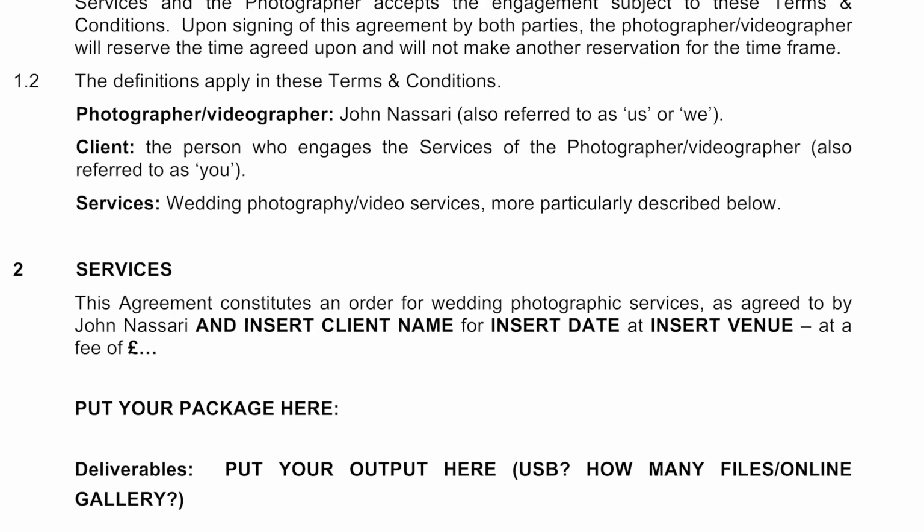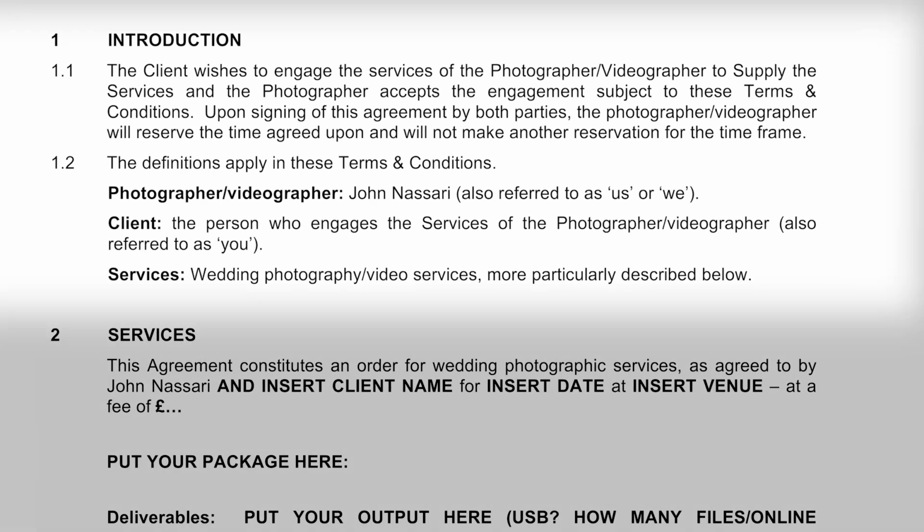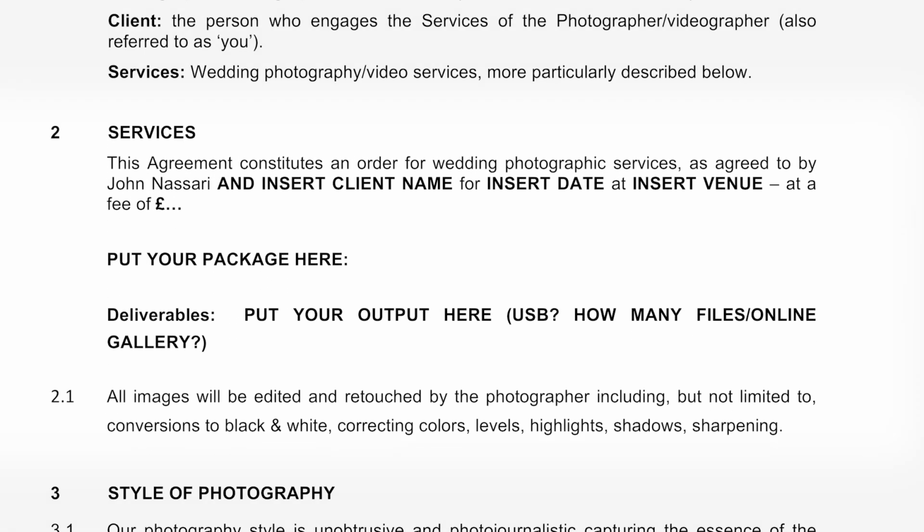So I think you'd start the contract with one, which is the terms, as I spoke about. So who are the clients, who are you? You're referring to the specifics of the contract. Two is the package. So here you're describing what it is the client is getting from you, from your service. So you outline what you're giving to them. And then three, I think we get onto the clauses of the specifics of your contract, which is really, to start with, for me, the most important one is copyright.